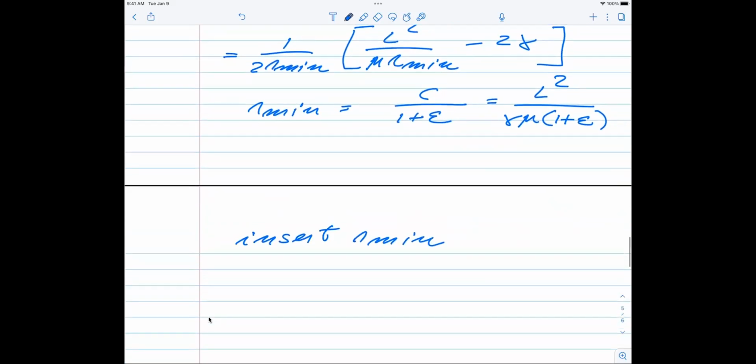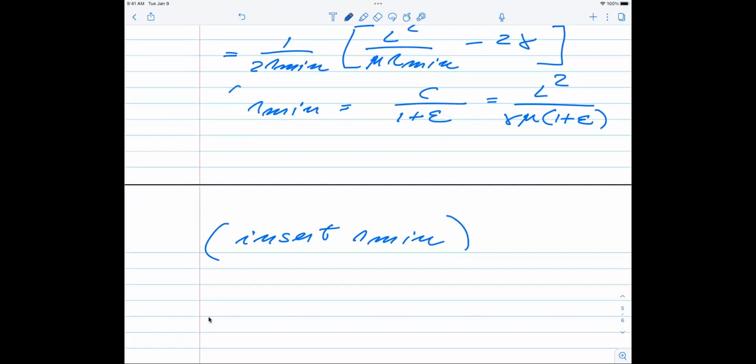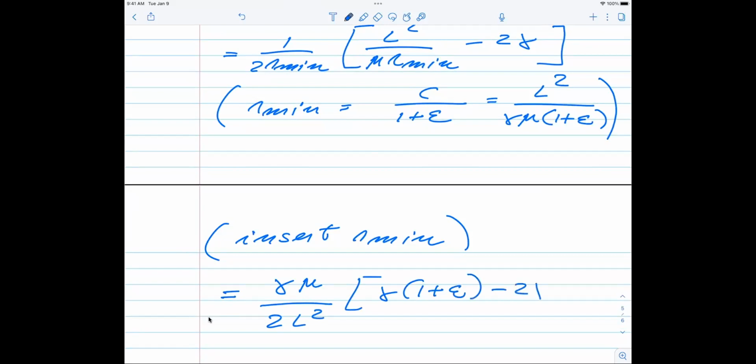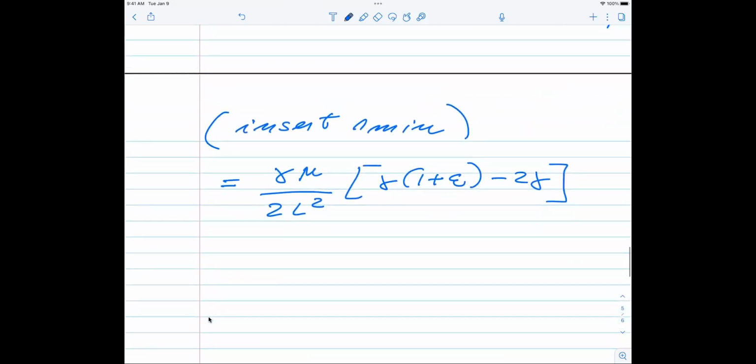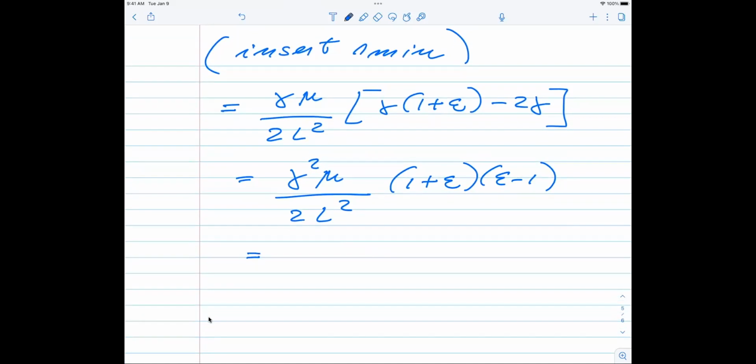And if we do that, what we get is the following. So let's just put these in parentheses. So this is going to be equal to gamma of mu divided by 2 of L squared. And then I get a gamma of 1 plus epsilon minus 2 times gamma. And I can reorder this one. And I simply get gamma squared of mu divided by 2 times L squared. And then I have 1 plus epsilon and epsilon minus 1, which clearly is something we can rewrite in terms